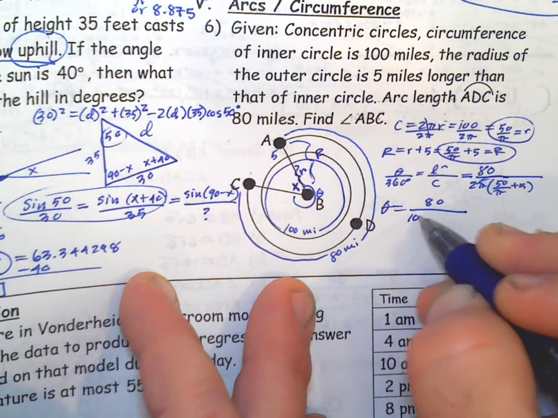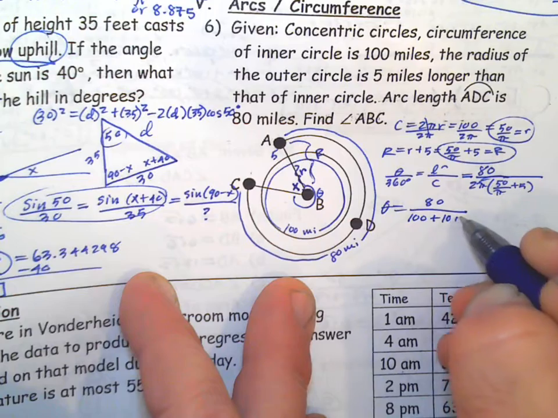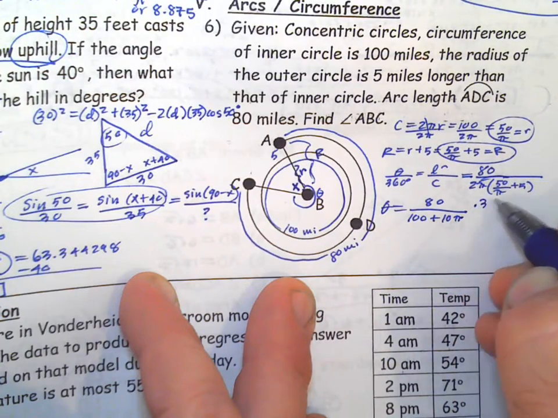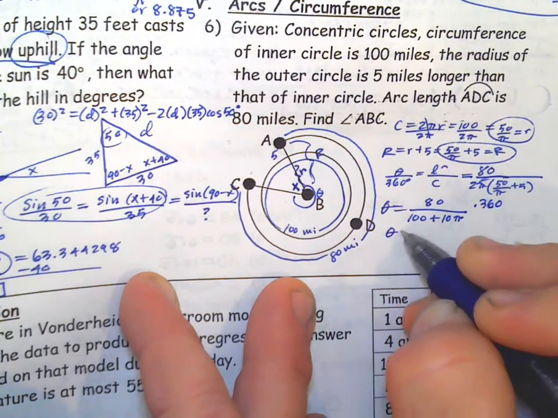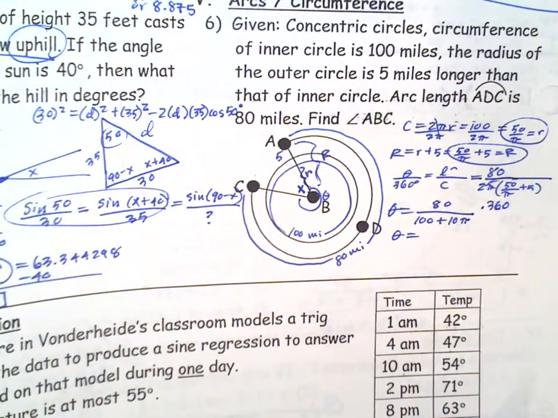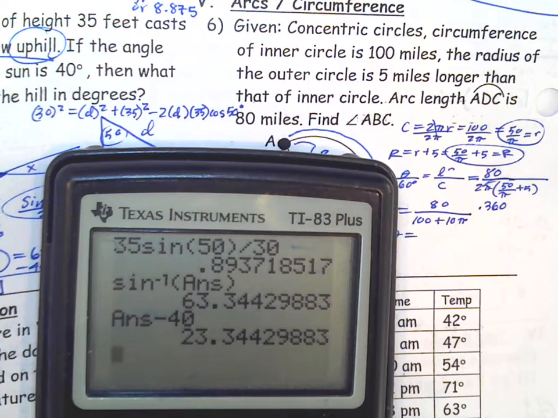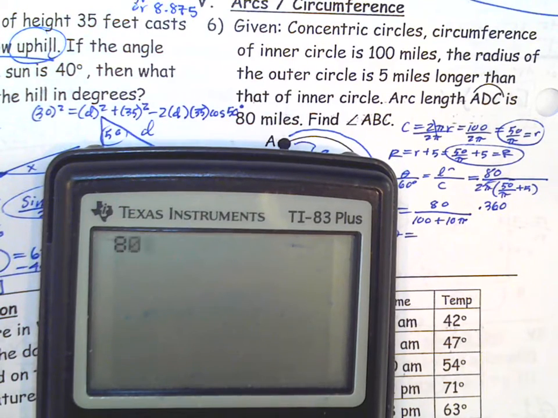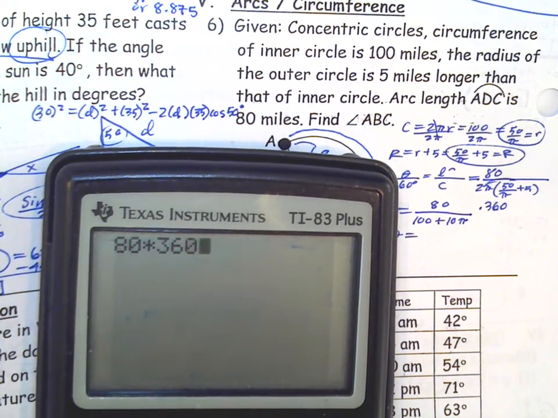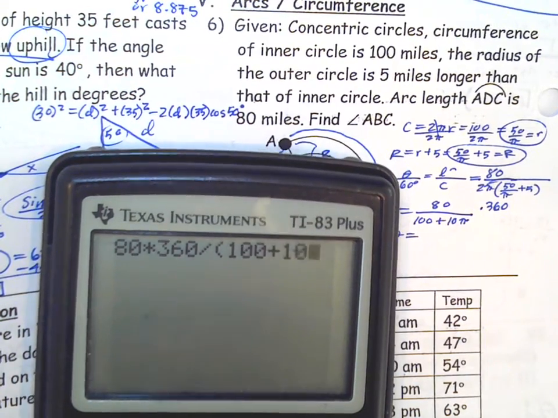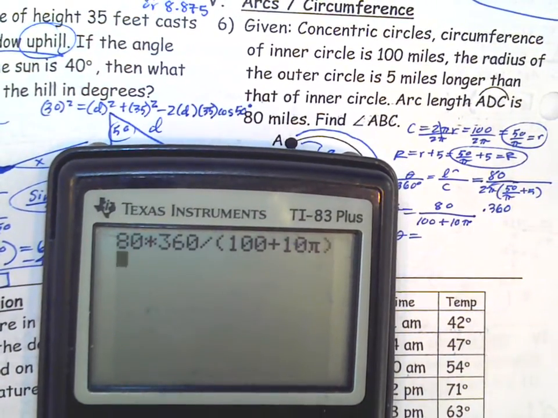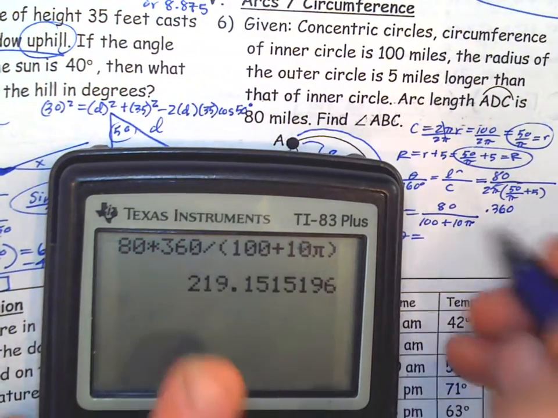It'd be 100 plus 10 pi times 360. And so now this is going to find the big angle. So let's see, 80 times 360 divided by parentheses 100 plus 10 pi. You better put parentheses around that denominator. And we get